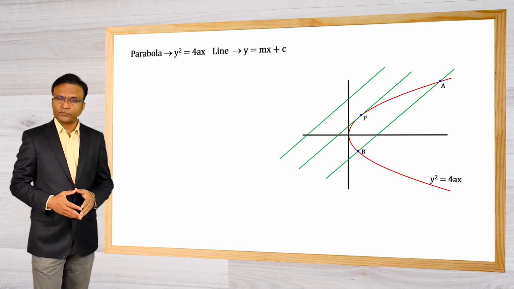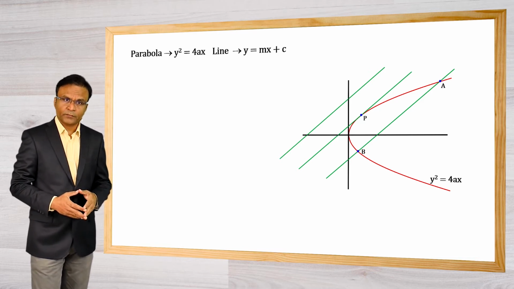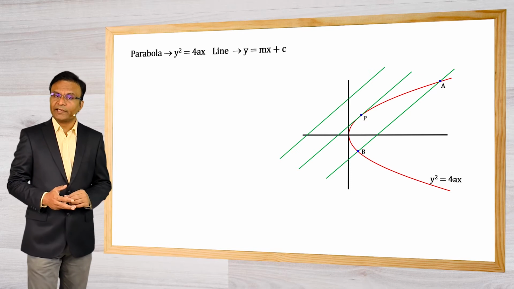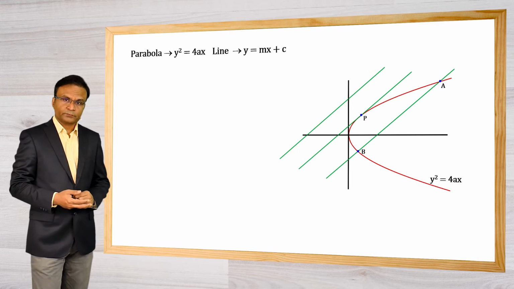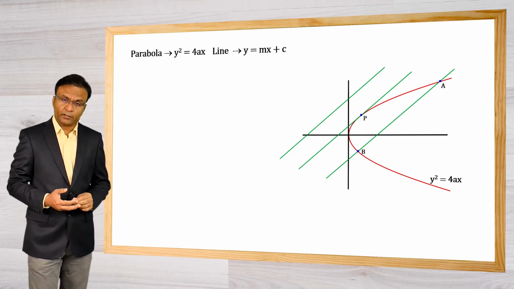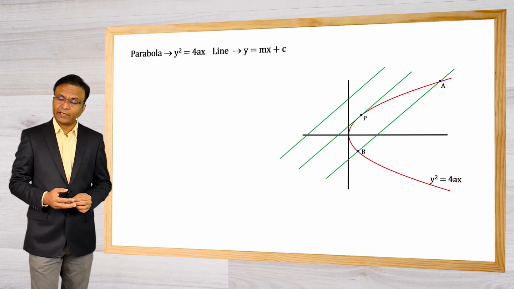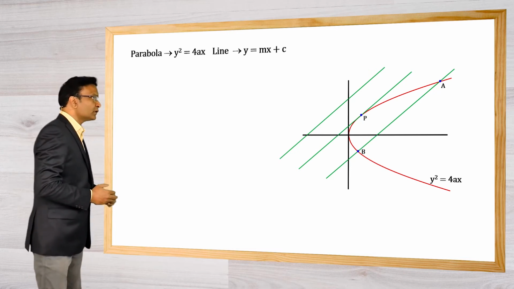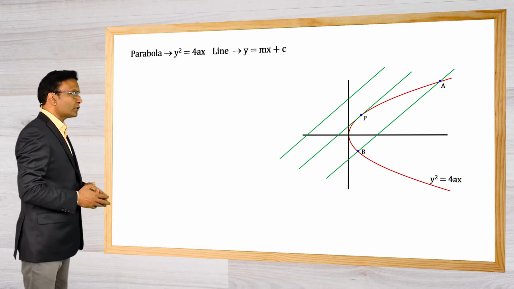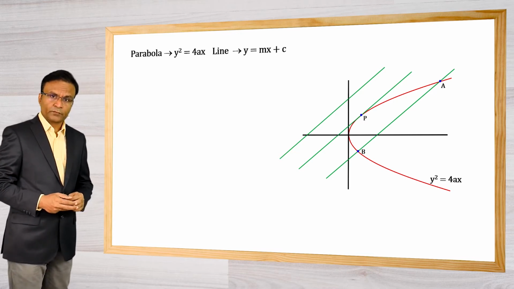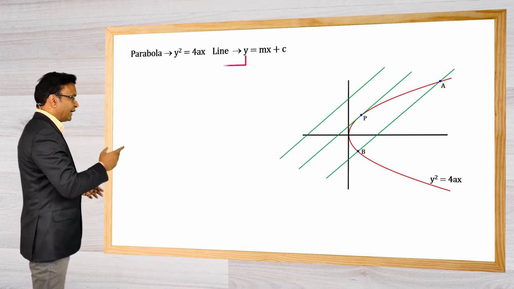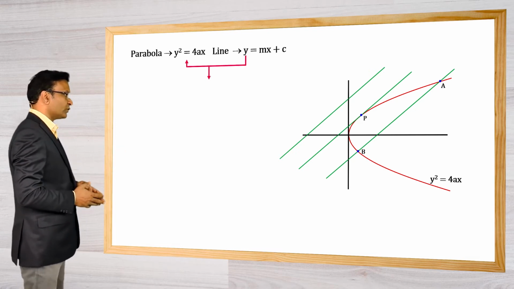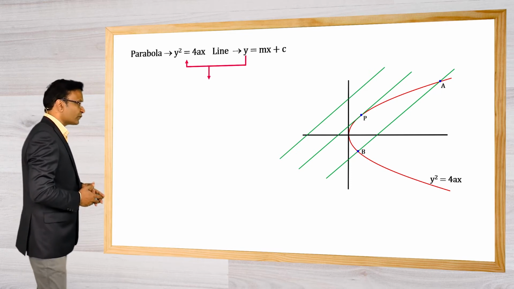To find the conditions for all these different cases, let's solve equation of line and equation of parabola. How we can solve? We can eliminate one of the variables x and y. Here I think elimination of y will be easier. So eliminate y. For that I am using y is equal to mx plus c from the straight line and putting it in the equation of parabola. So I get this equation.